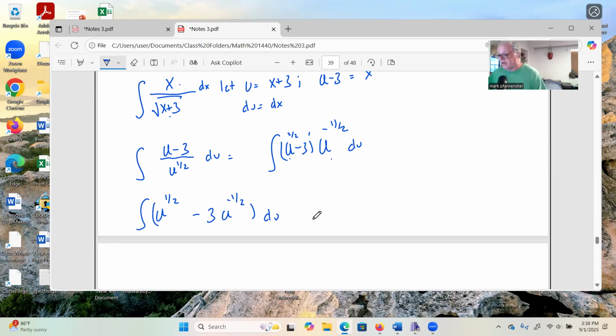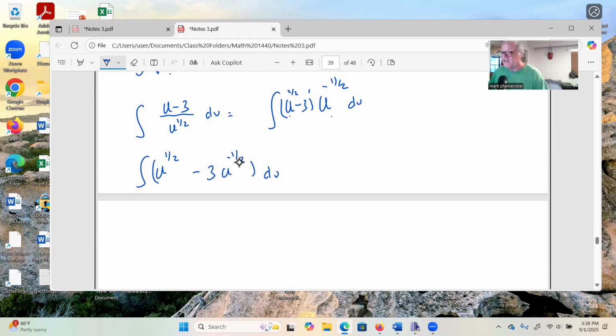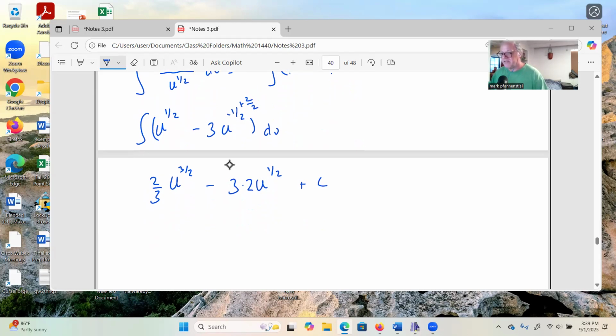Now we're ready to integrate. So we have u raised to the 3/2, the 2/3 out front, minus 3 u to the, we're going to add 1. Negative 1/2 plus 2/2 is going to be 1/2. And since we're dividing by 1/2, we're really multiplying by 2, plus c. So this is 2/3 u to the 3/2 power minus 6 u to the 1/2 power